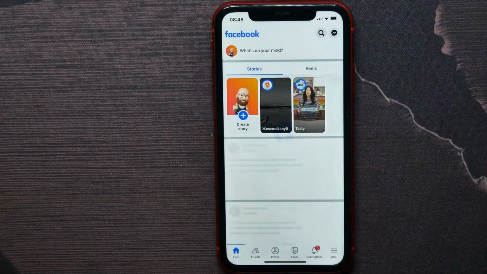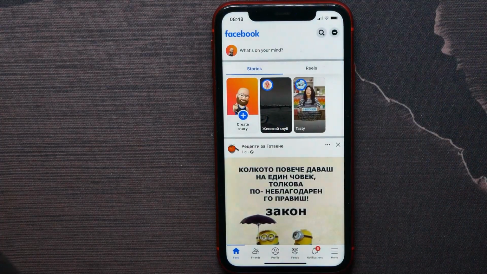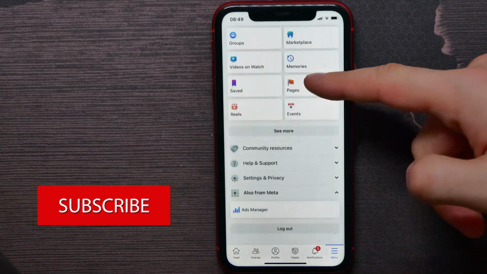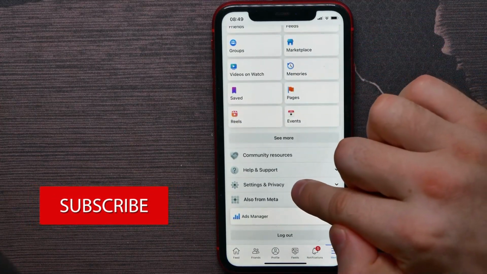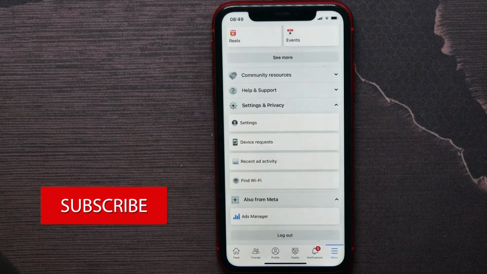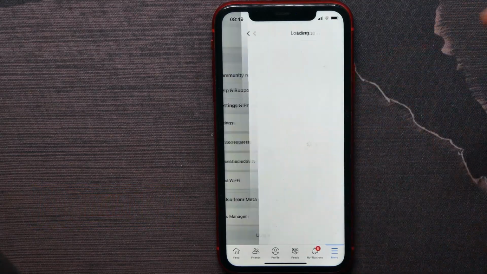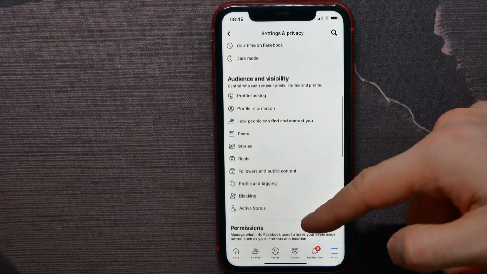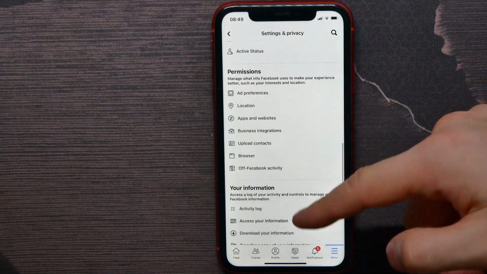First, open up your Facebook application and hit the menu icon. Now there, scroll down for a bit and hit on Settings and Privacy, and next get into Settings. There, scroll all the way down until you find